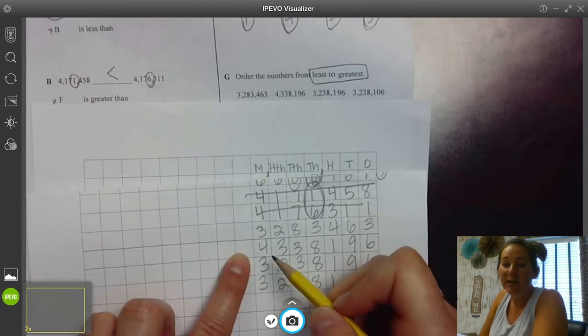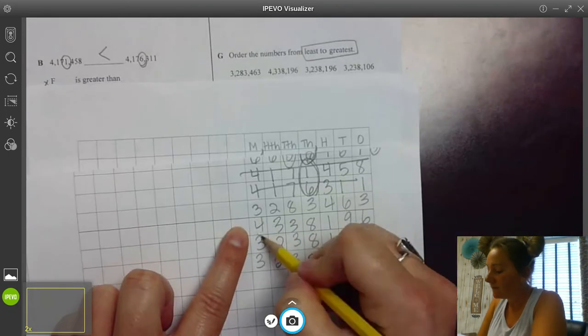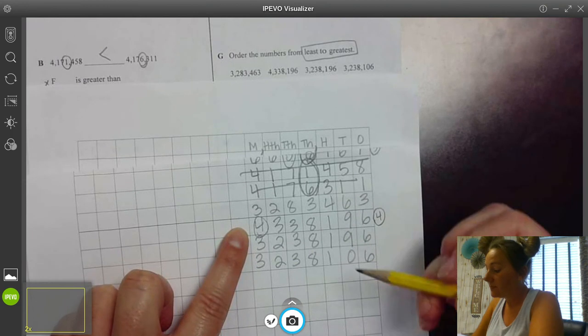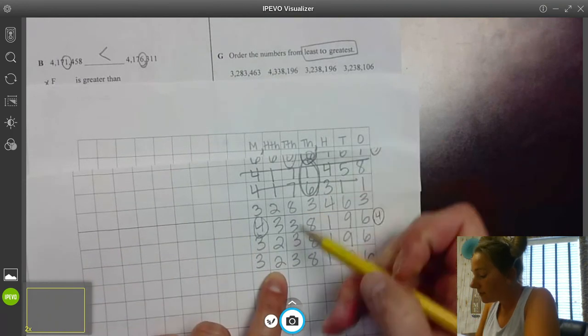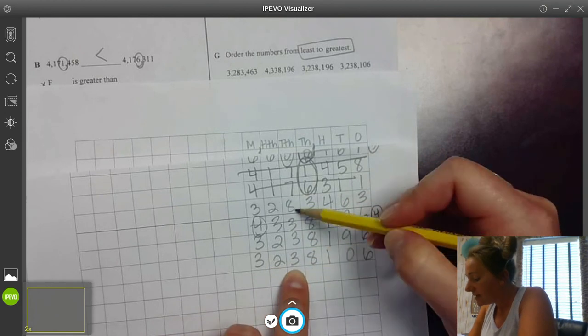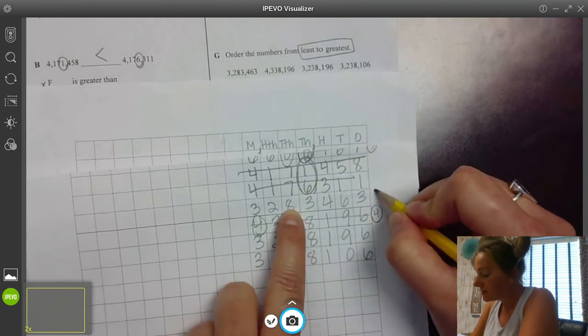So here in the greatest place value, here's my 4. That's going to be my greatest. That's going to be the 4th, right? So then we're done with that one. So then I have 2s. Oh, here's an 8. That's going to be the next greatest. That's going to be 3,